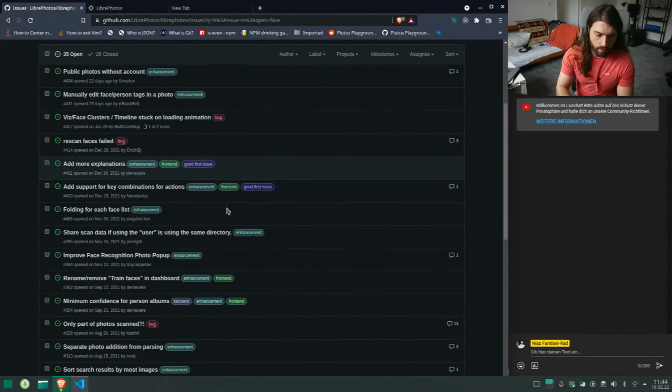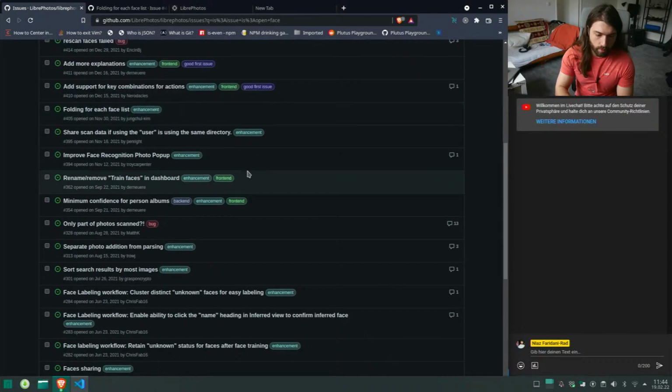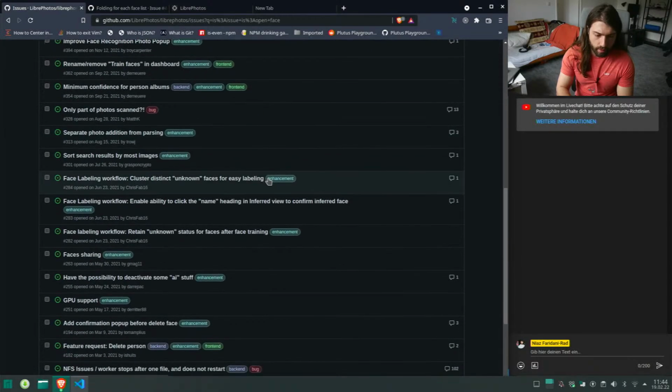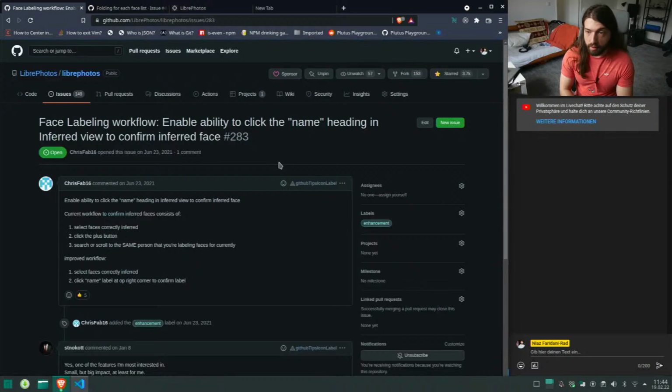Alright, here we go. So rescan faces failed. Folding for each face list. That's one thing we could do. Rename, remove, train faces and dashboard. Yep, that's also there. I don't think it's needed there. Face labeling workflow, cluster distinct unknown faces for easy labeling. Yep, that's very hard. Enable ability to click the name heading in inferred to confirm. Okay. Yeah, that's one of these issues that shouldn't be hard to implement, I think. And we can work on this